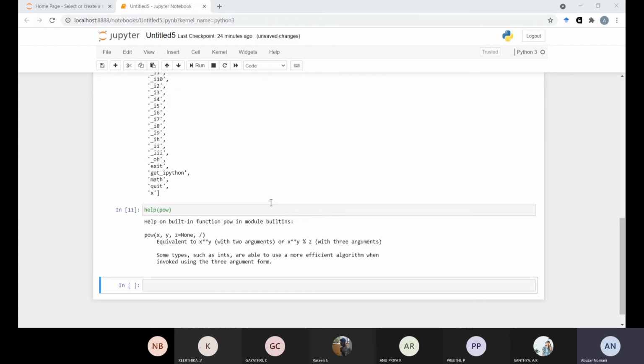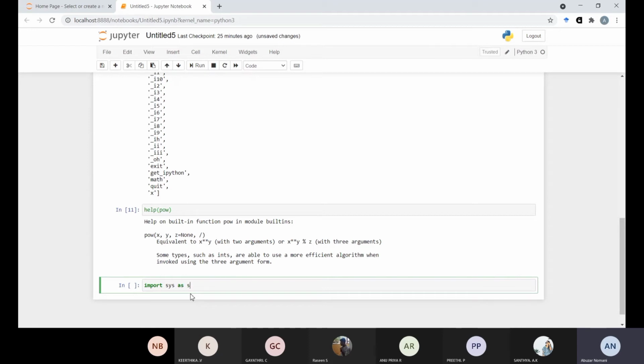Suppose these are the imports that I want to install. Suppose import sys as s.